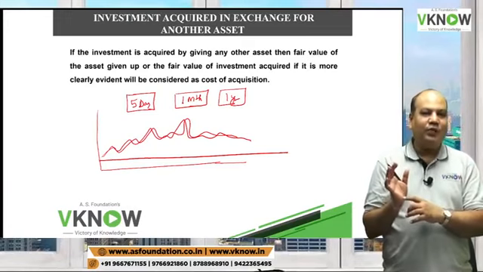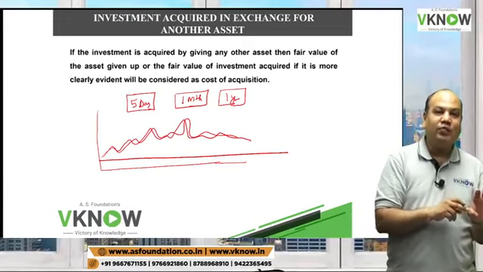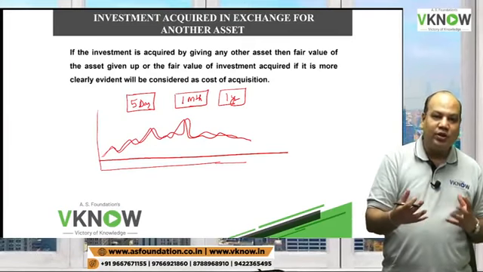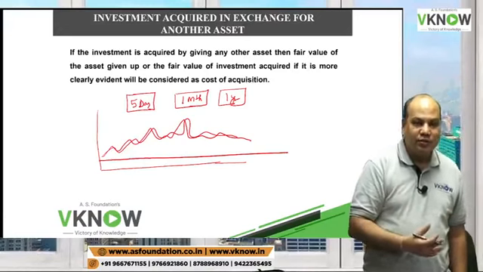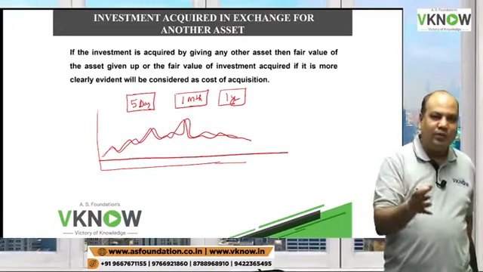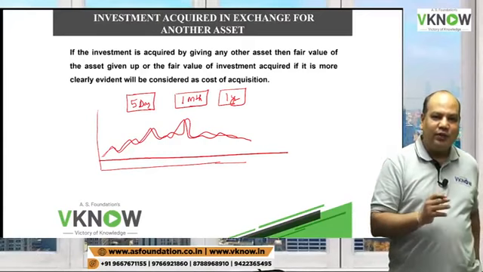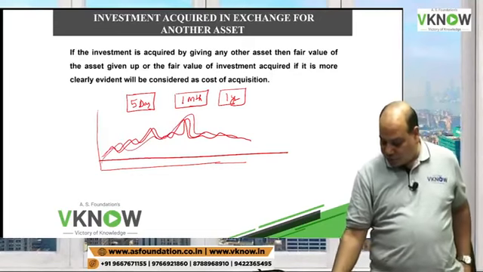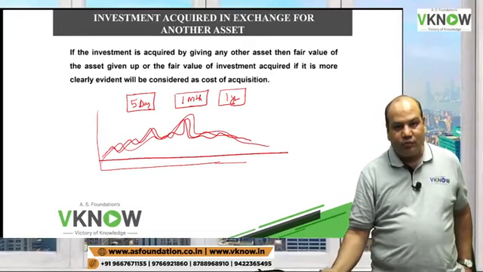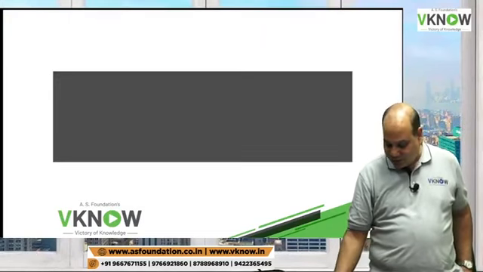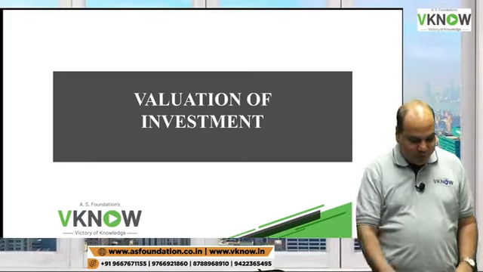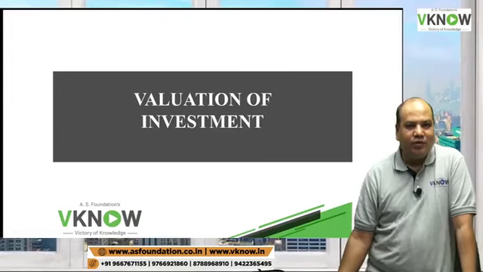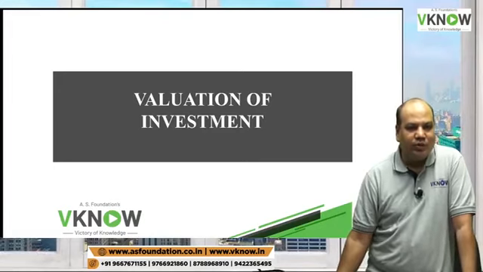So the answer is, if there is a choice between the fair value of a brand new car and the fair value of a listed company share price, car will be given preference because that remains stable. Of course, that will change, but not as much as the price of a share changes. You can see in your mobile phone, any company you take, for 1 month, for 6 days, for 1 year, and the graph moves anywhere to anywhere. Therefore, car is better. So when there is a toss between fair value of a brand new car and listed company share price, take car.